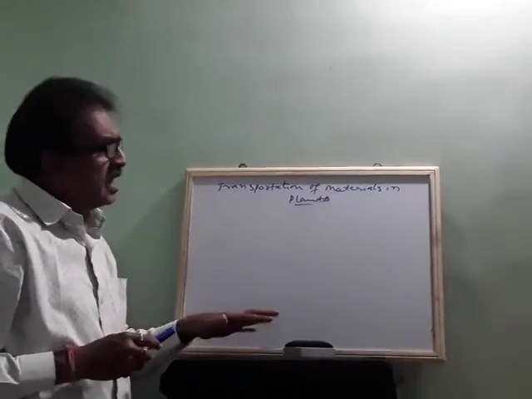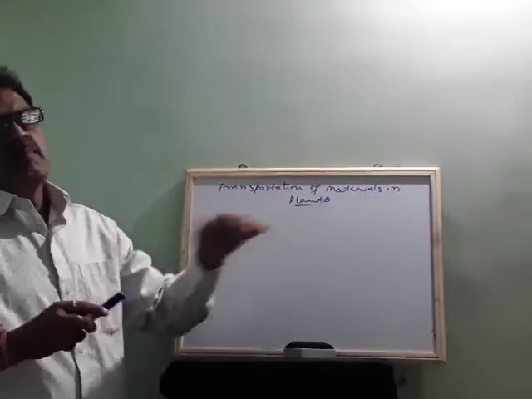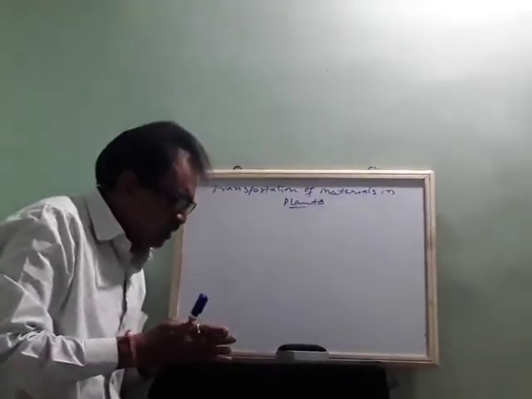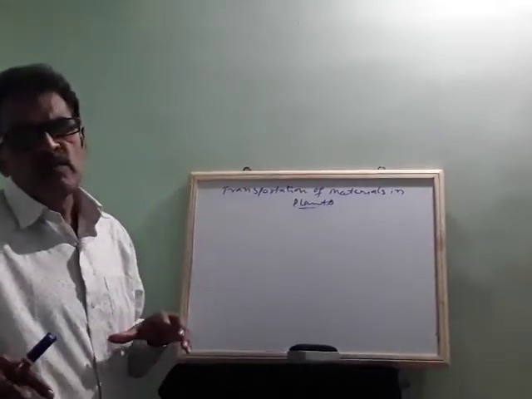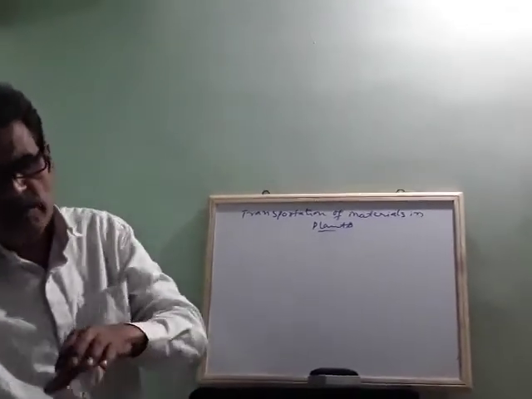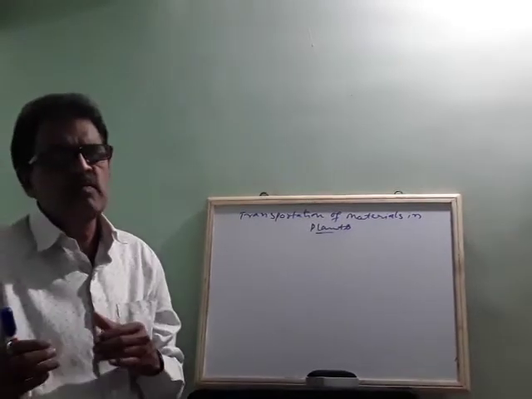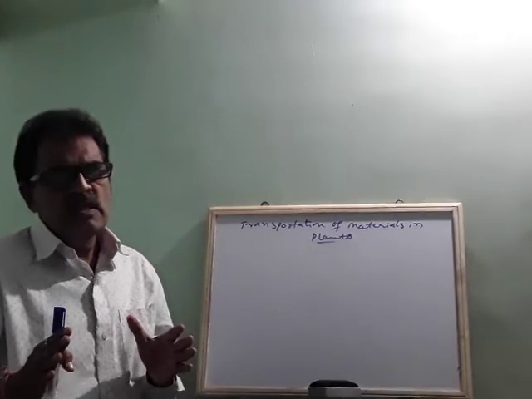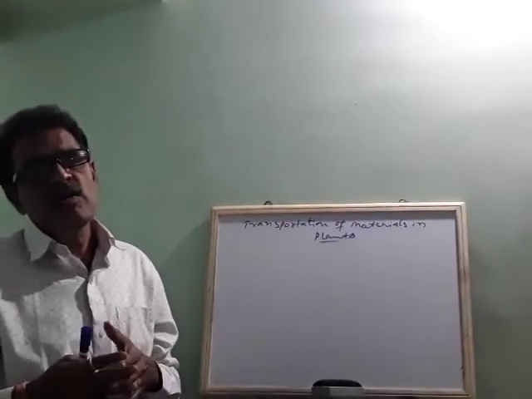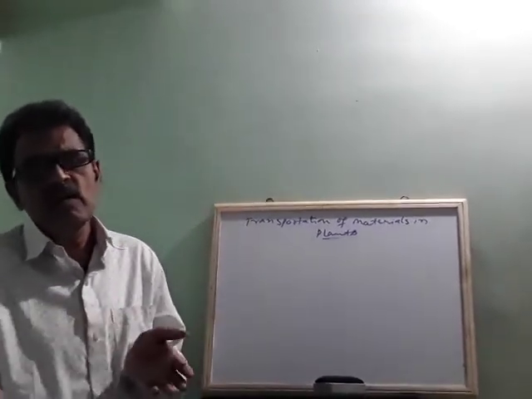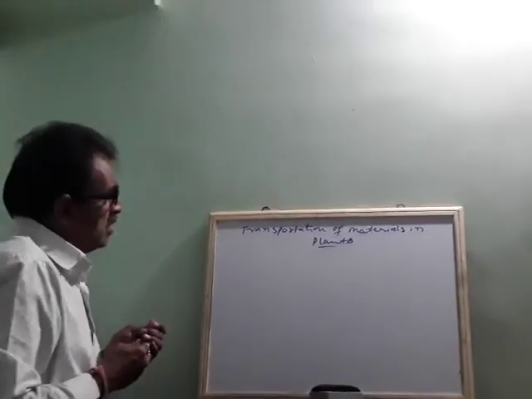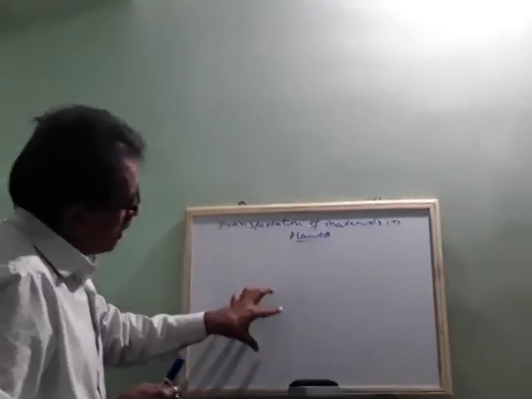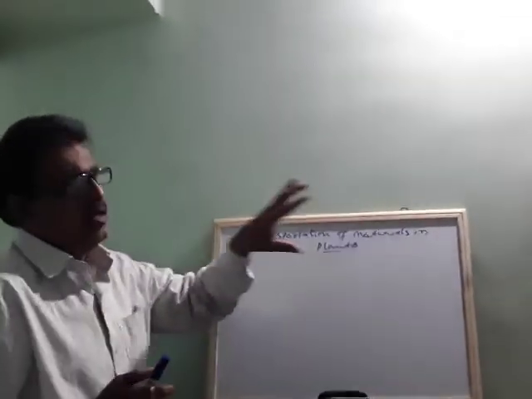So what minerals are required for the growth of the plant? When you say minerals, these play a very important role, because all the nutrients required for the growth of a plant cannot be supplied through the soil. Most of the minerals can be supplied, but the soil may be deficient of that particular nutrient. Here we have two types of nutrients. One is micronutrient, one is macronutrient.